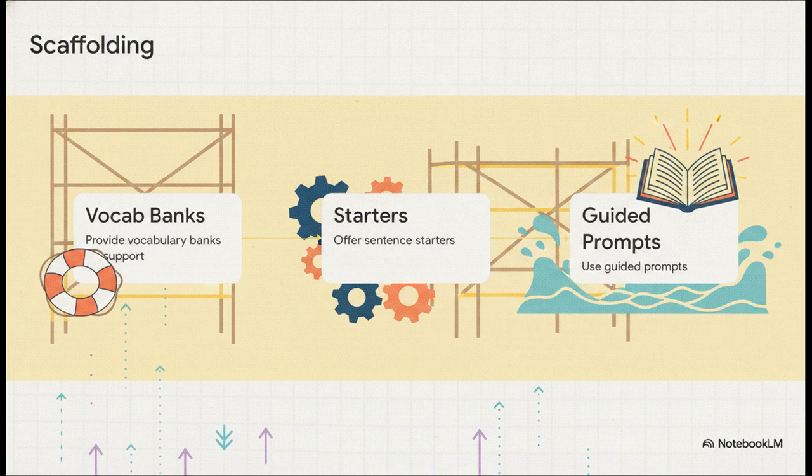And this can be super straightforward. Step 1, provide a solid vocabulary bank. Step 2, offer some sentence starters just to get the gears turning. And step 3, use guided prompts. These structures naturally lower that anxiety we talked about, so the adult learner can focus on the meaning of what they're trying to say, rather than having an internal panic attack over the mechanics.